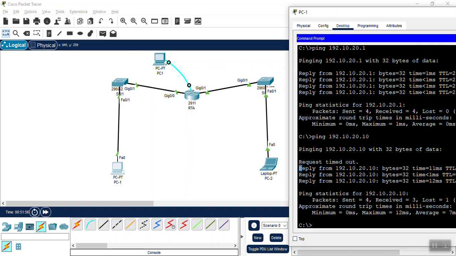So whenever you send a ping from source to destination the first time, you will receive one, two or three request timeouts in the beginning, because it is waiting for the ARP reply.